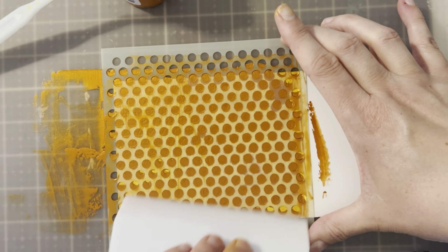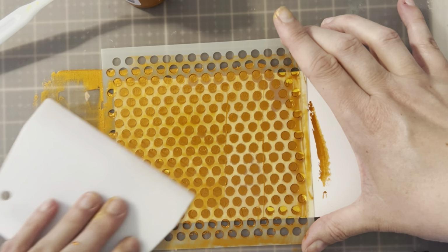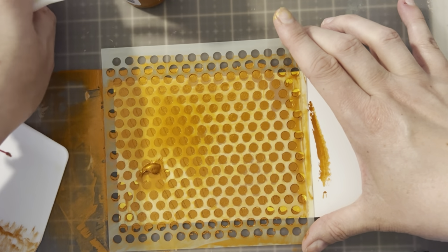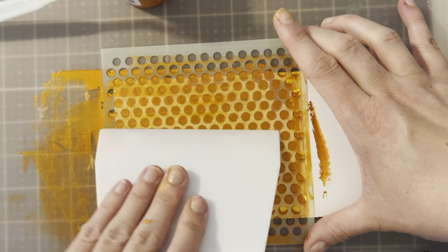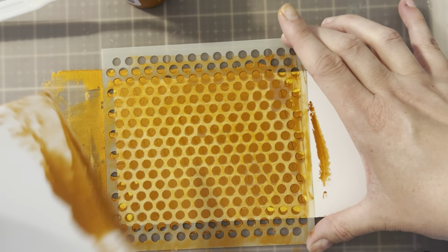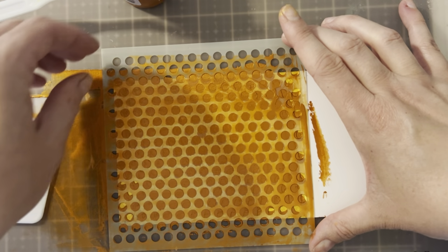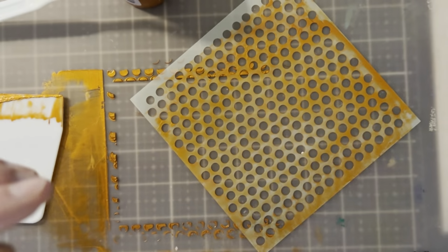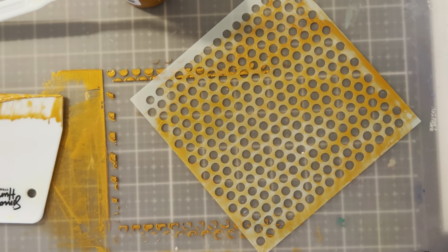I love this thing. I'm just gonna sit here and play with it. Man, it's great. I still got some down here that I want. I don't feel like I'm having much go to waste with this, you know? It's great. All right, let's see what we have. So pretty. Love it. All right, I'm gonna set this aside to dry,